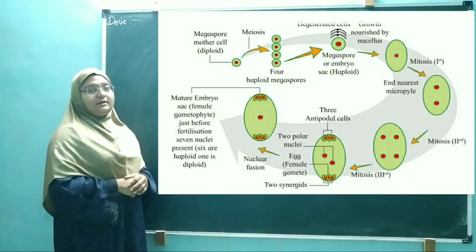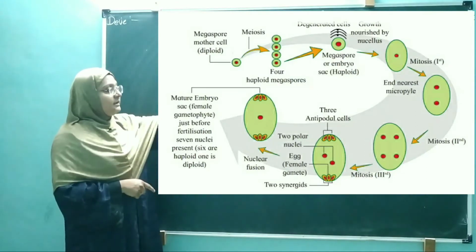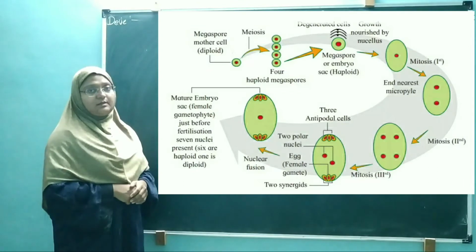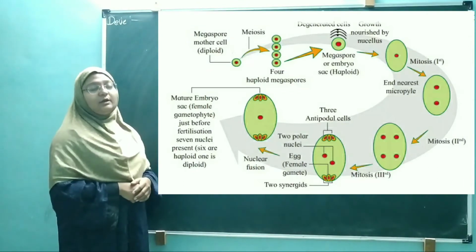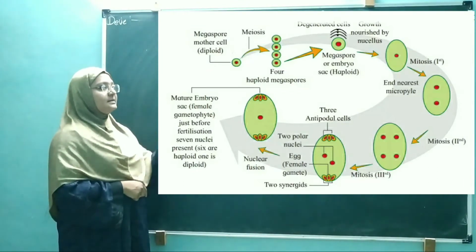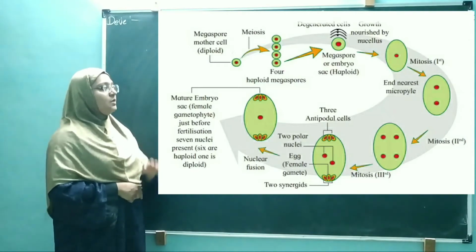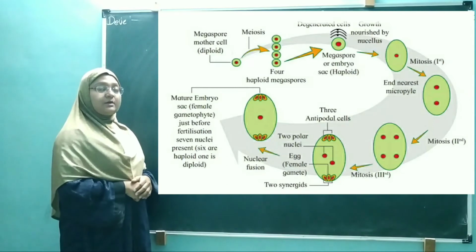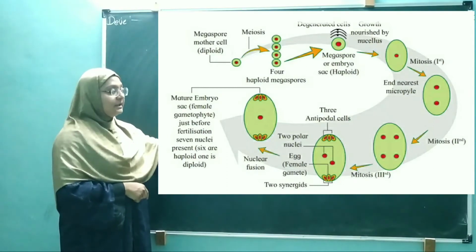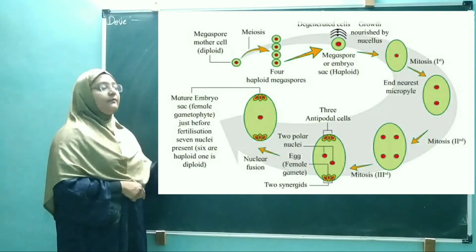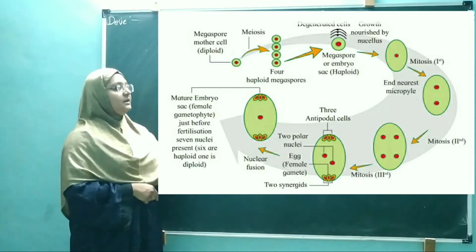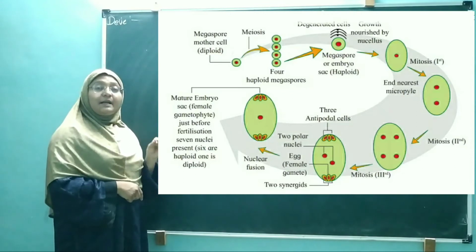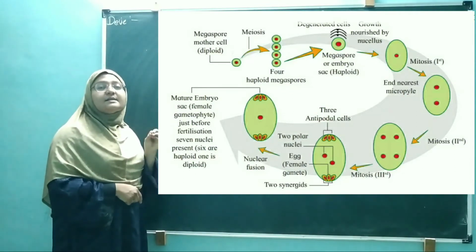So here the size will be the same. Only the inner nucleus will divide. See over there in the first mitosis, the nucleus will be divided into 2 nuclei. Simultaneously the second mitosis will also occur. In the second mitosis, from the 2 nuclei, 4 nuclei are formed. अब क्या हो रहा है? 2 न्यूक्लियस से 4 न्यूक्लियस बन रहे हैं. Here in mitosis, only karyokinesis is occurring.